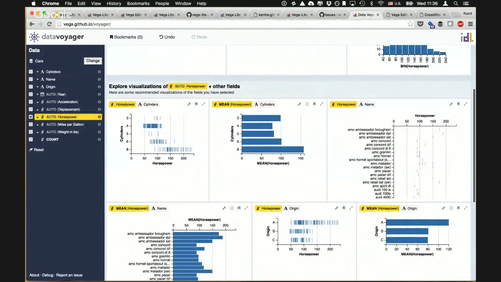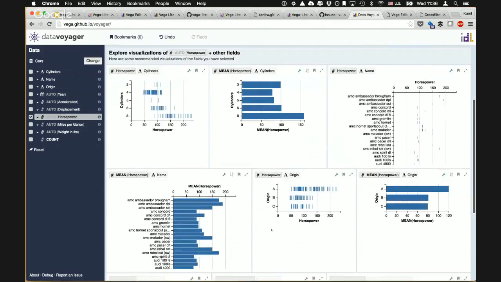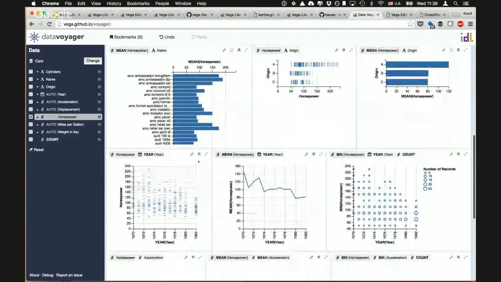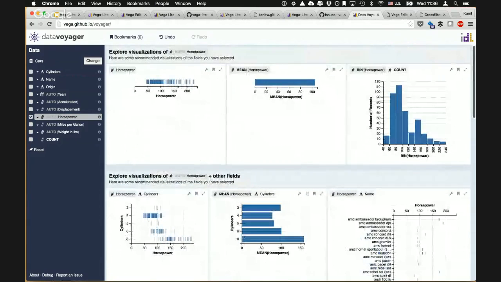Like here, we show horsepower and cylinder, and you can quickly see the relationship or association between cylinders and horsepower, and same for other variables. So with this kind of tool, you can quickly explore data. So this is one tool that you might want to use, but my bigger point is that besides writing Vega-Lite